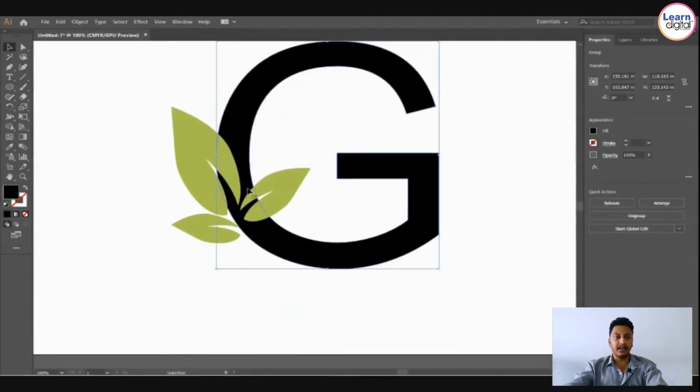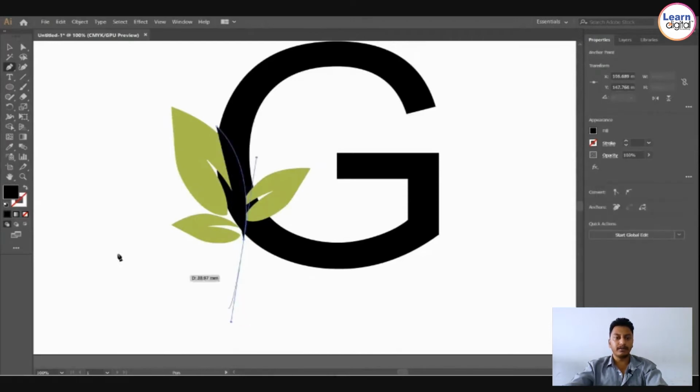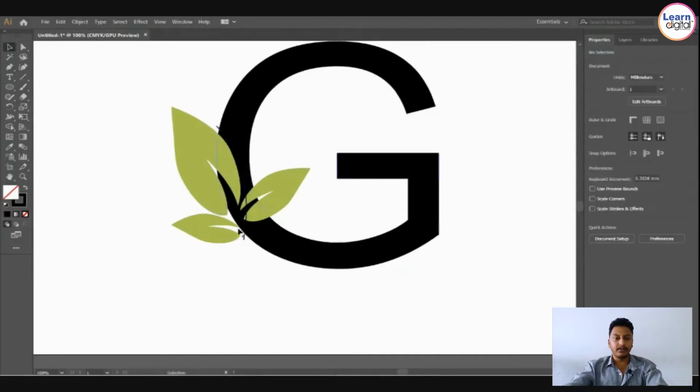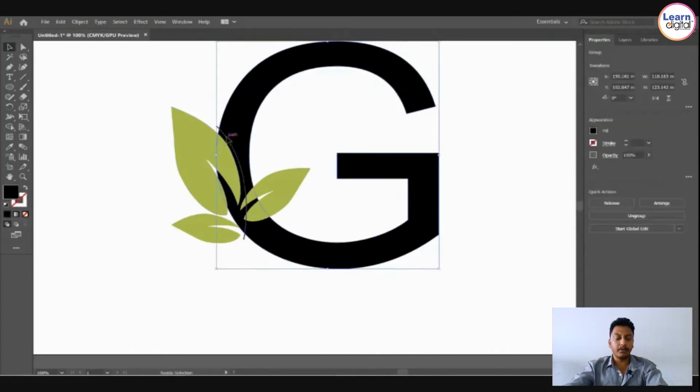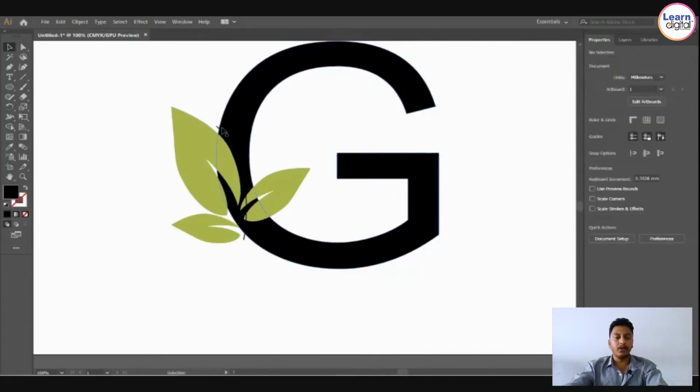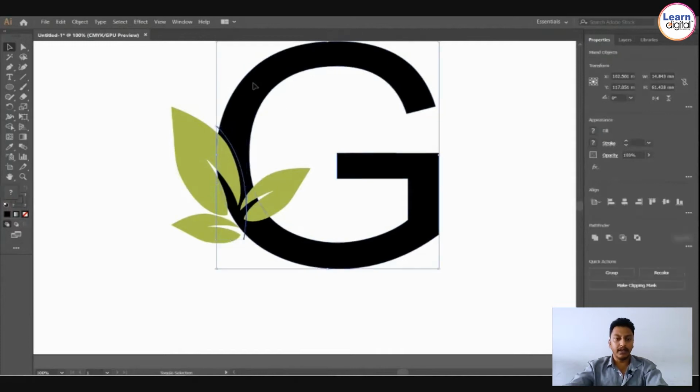So select the line. In the Pathfinder, you have the option to divide. You can use that. So divide, then ungroup it. Now you can see everything as a single object. Ungroup it, then select and delete it. In the same process, wherever you need, draw a path and divide the object below. One more area I need for the bottom leaf. Again, I will repeat the same process.